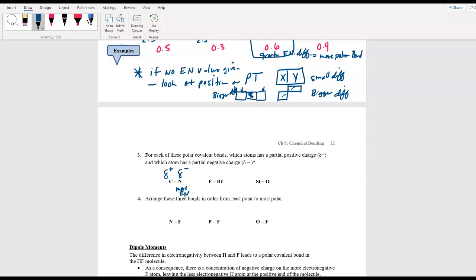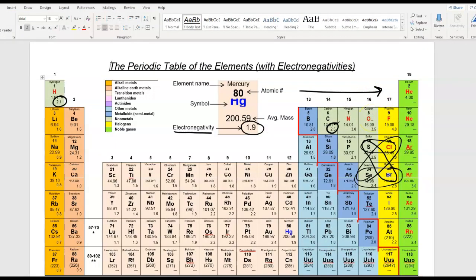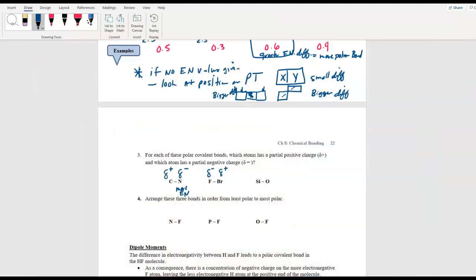Now this is a no-brainer. I don't even have to look. Fluorine is the most electronegative, so he will get the partial negative, and bromine would be the partial positive. Okay. Now silicon and oxygen, I know they're kind of close to each other. Silicon and oxygen, you got oxygen right there, and you got silicon like 2 blocks away. Now, remember with electronegativity, it increases as it goes up. Oxygen is definitely, I'm not even looking at the numbers, oxygen is definitely more electronegative. So because oxygen is more electronegative, partial negative, and silicon, partial positive. So same thing, look at position